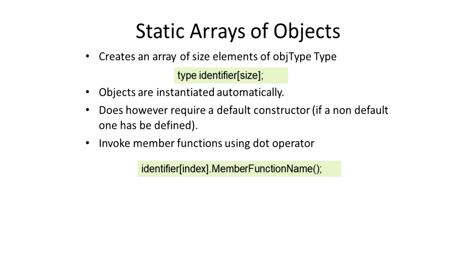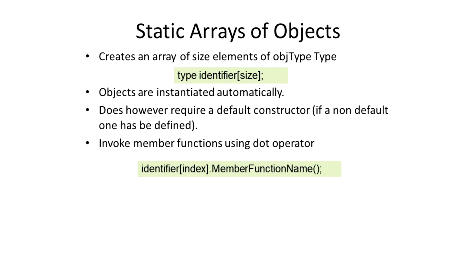And here we're going to talk about static arrays of objects. So if you see the word static, we refer to a fixed size array, which means we define the number of elements that the array is going to have at compile time, meaning before it compiles and is run by the user. And when we refer to dynamic arrays, that actually means a flexible size array, where we can set the array up so that the size of the array doesn't have to be specified at compile time. Instead, it can be specified at runtime when the user runs the application. They can actually decide in the moment how big the array needs to be,